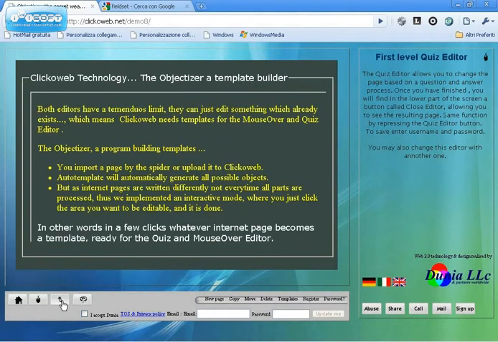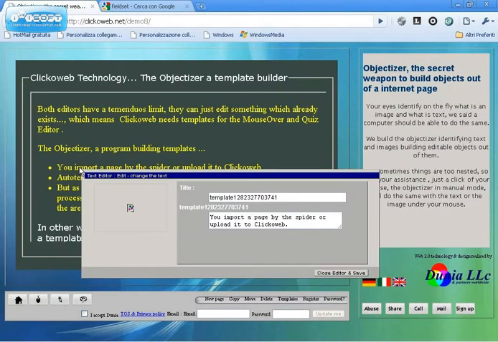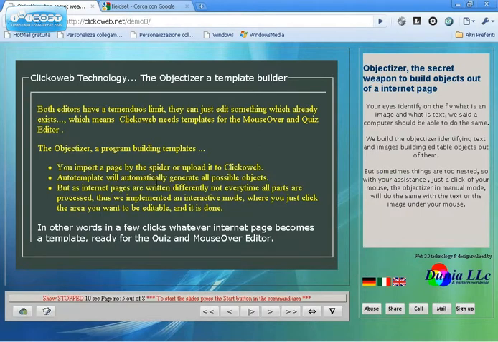Now the same template can be used by the mouse over editor. Now activating the mouse over editor. As you see, it works fine. In both the mouse over as well as the quiz editor, you can change the template 1, 2, etc. into something more suitable, such as a question. Closing the mouse over editor and returning to the main display. As you see, the design did not change, but you can change with mouse over editor and quiz editor all